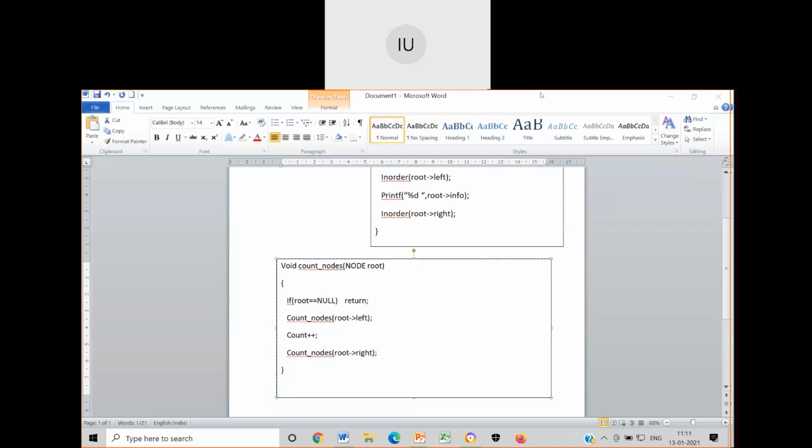When do you call a node a leaf node? What node is called a leaf node?